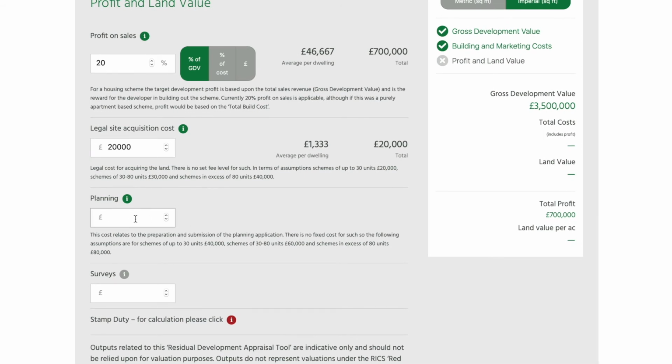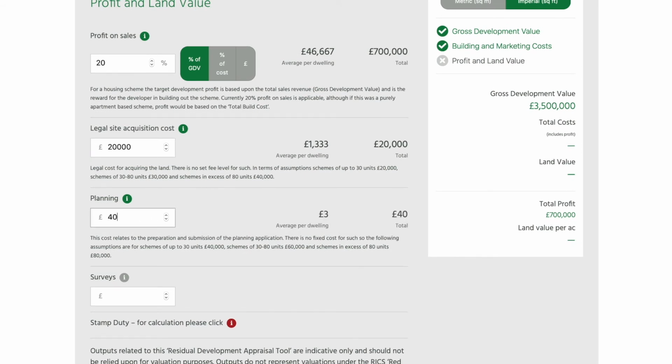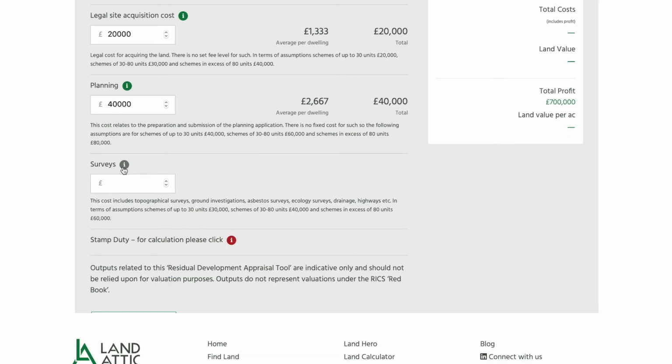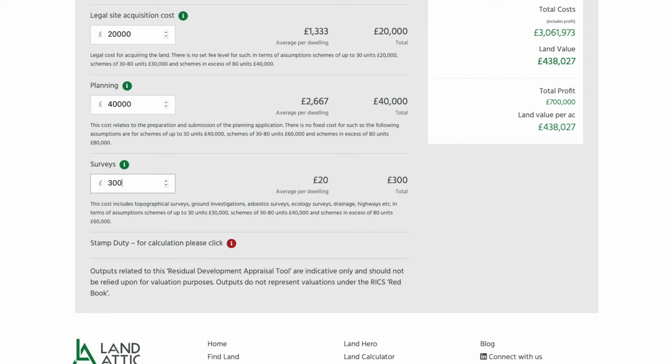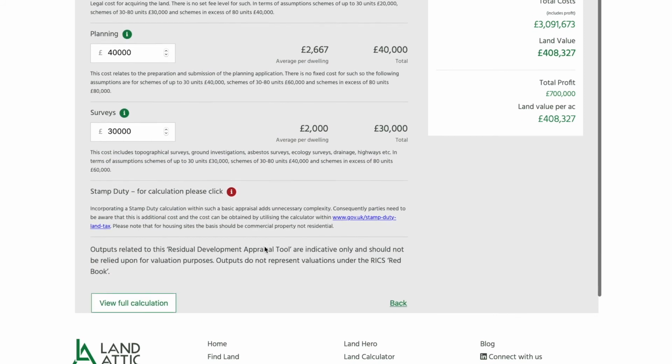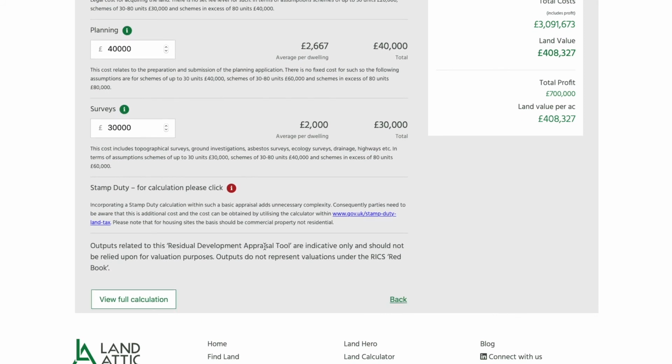It is not a valuation, but a quick appraisal of a development site's worth, and gives the user a unique opportunity to establish affordability before considering the purchase of the land. Alternatively, it's basically a guide for an agent or landowner considering the sale of a parcel of commercial or residential development land. Now we've entered all the inputs, you can see we're entering into the full view, the full calculation,